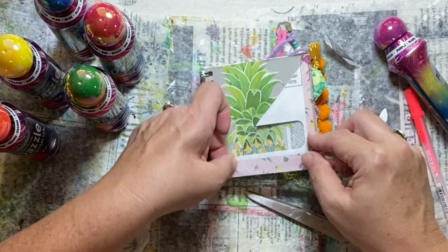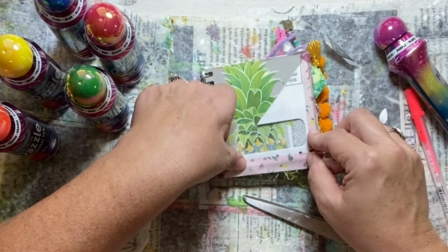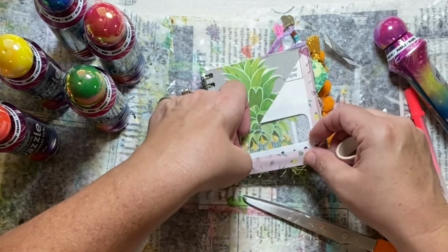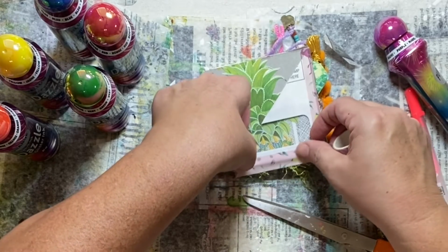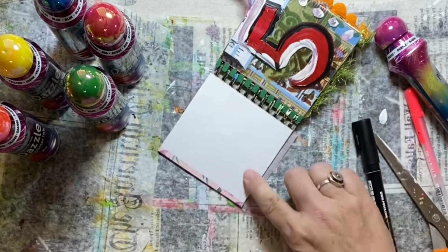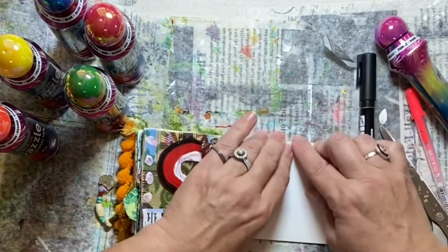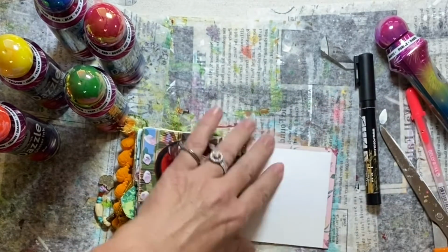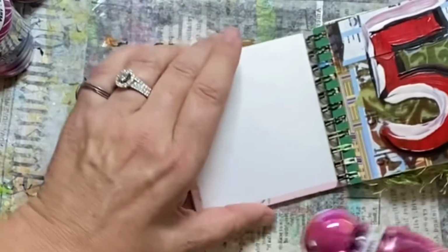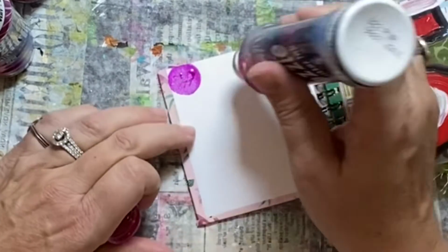I'm gonna put this on, and then I can always go over those dots, black dots afterwards when I am doing finishing touches on the whole book. This does help to hold it down too, because that is a thick cardstock that I stuck onto that back cover, so it gives it some added protection. I have used over half of my time to do that, so I am going to move along